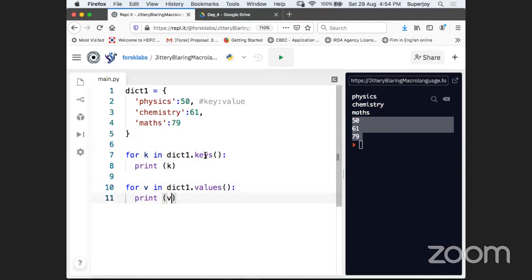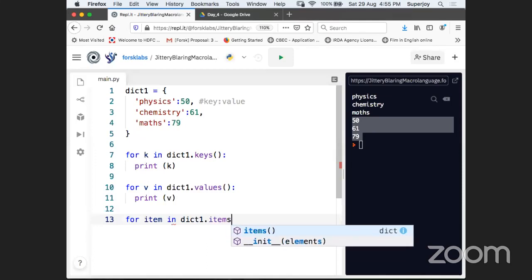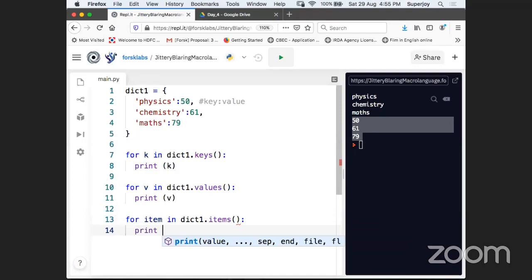Methods are there. The method cannot be different. The method is going to be the same, but you can have any name here, Lokesh. Okay, so here you can see the output is there. After this, guys, we also have one more method which is called dict1.items. That will print keys and value together, right? So how can we do that, guys? For each item in dict1.items, can you see, guys? Here you say print item. Okay, so now it will print both.